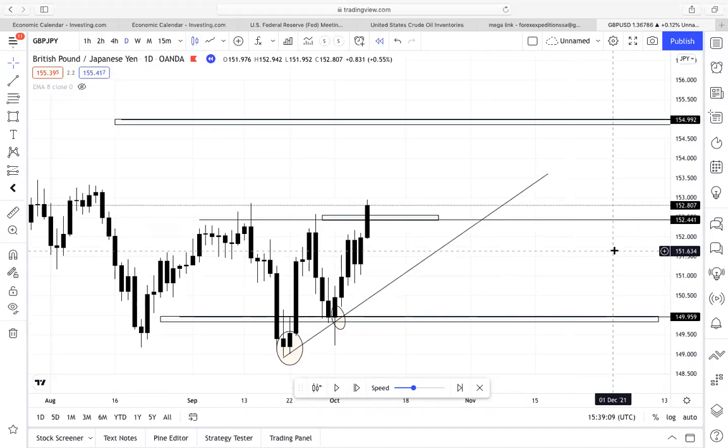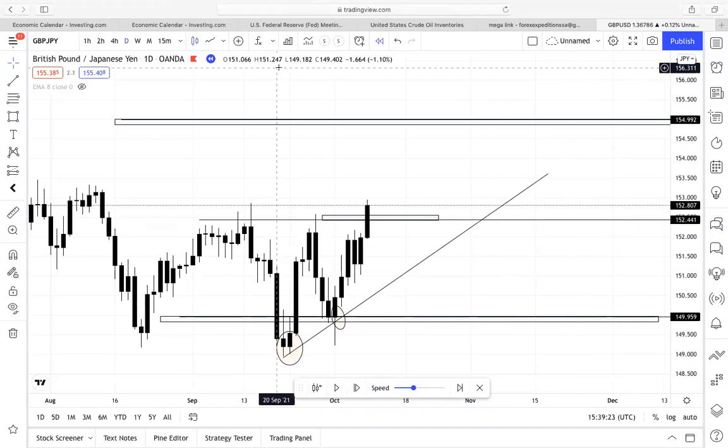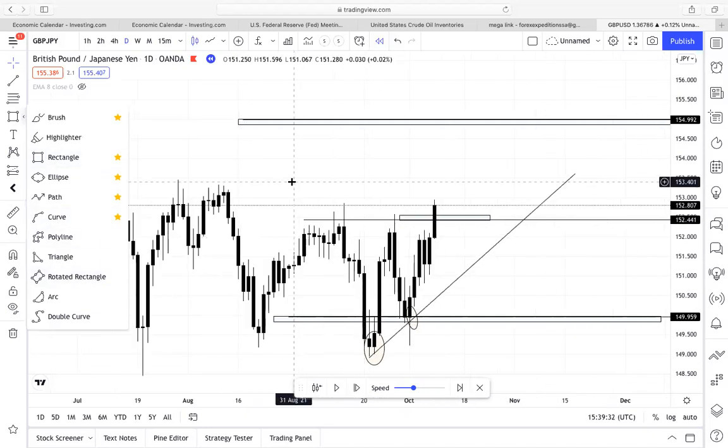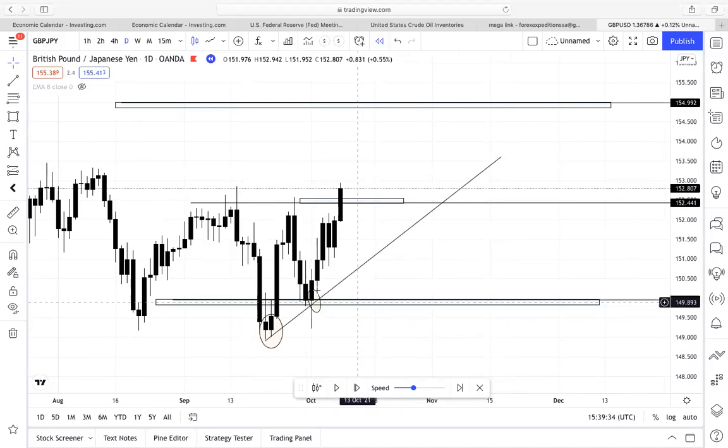Do you guys understand why 152.500 is a main key level? Does everyone understand that? If you don't say no, then I'll never know if you don't understand. Okay, so price broke above a main key level because it's 152.500. So I have three main key levels. This one, which is 150, 152.500, and 155.